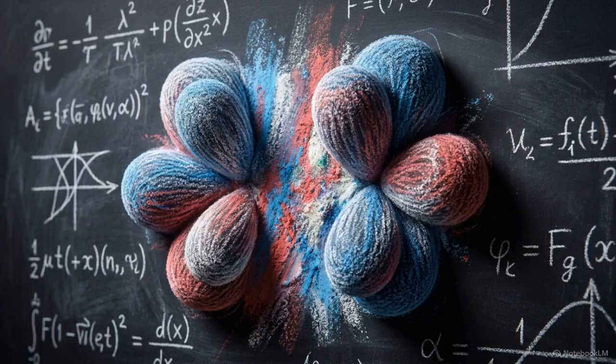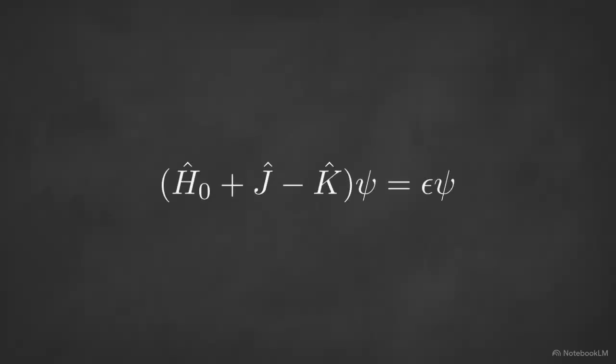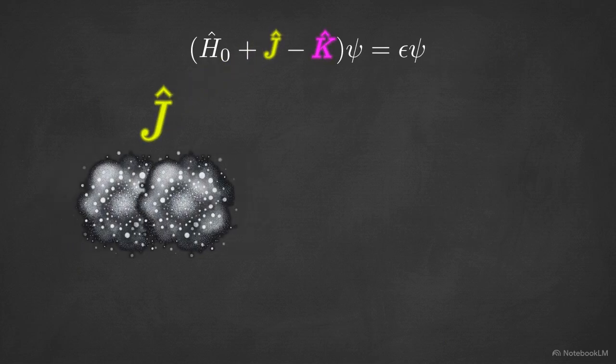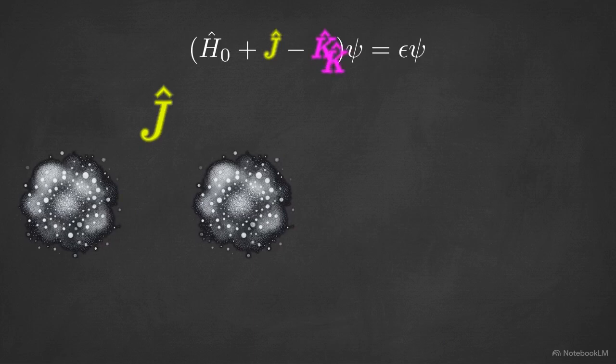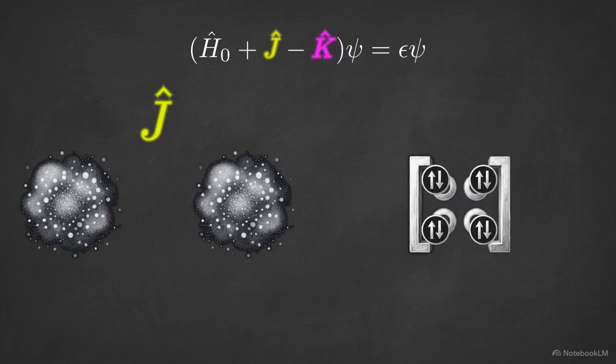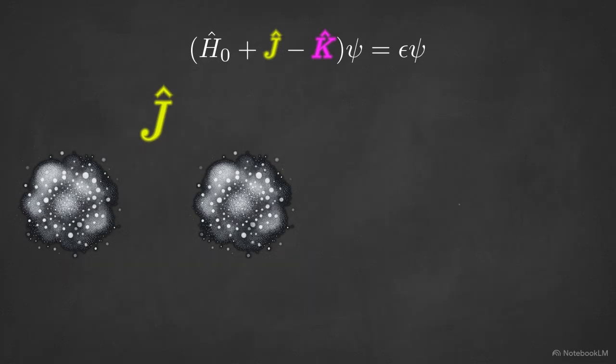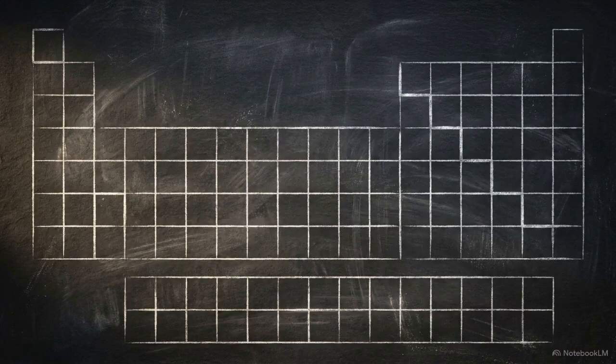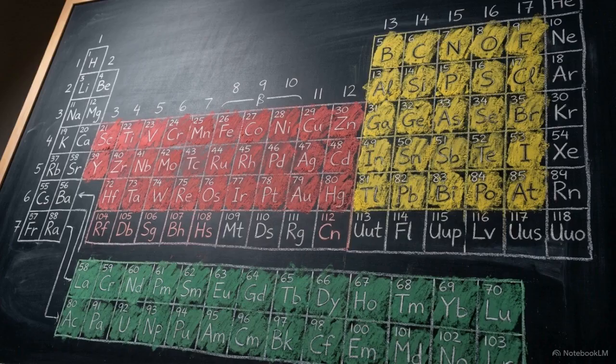In multi-electron atoms, our exact hydrogen solutions begin to struggle. We must now account for the repulsive force between multiple electrons. The Hartree-Fock method approximates these multi-body interactions by separating them into a direct Coulomb term and an exchange term. The direct term calculates classical electrostatic repulsion between probability clouds. The purely quantum exchange term represents an energy shift arising from the Slater determinant's fermion antisymmetry. This exchange energy determines the relative stability of electron configurations. It establishes the specific order of the Aufbau filling sequence, which organizes the periodic table into its repeating blocks of 2, 6, 10, and 14 elements.